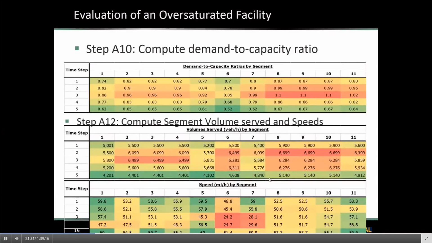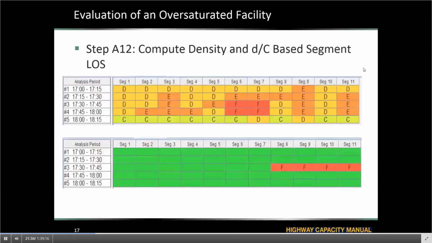But the one thing that this method can offer that the observational data and even simulation in some cases cannot offer is that not only are we seeing the actual performance. The top chart is a level of service matrix that correlates with the speed contours I showed in the previous slide, where the 4 segments that are level of service F are the ones that are operating at a lower speed and also a higher density, which triggers level of service F.